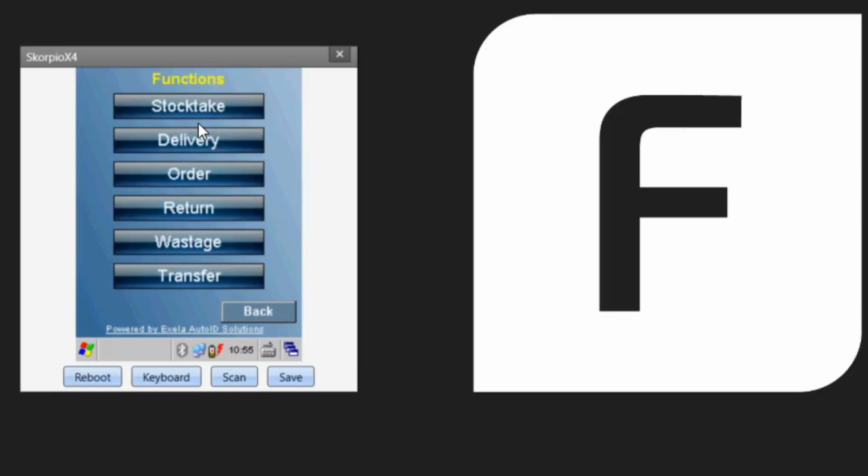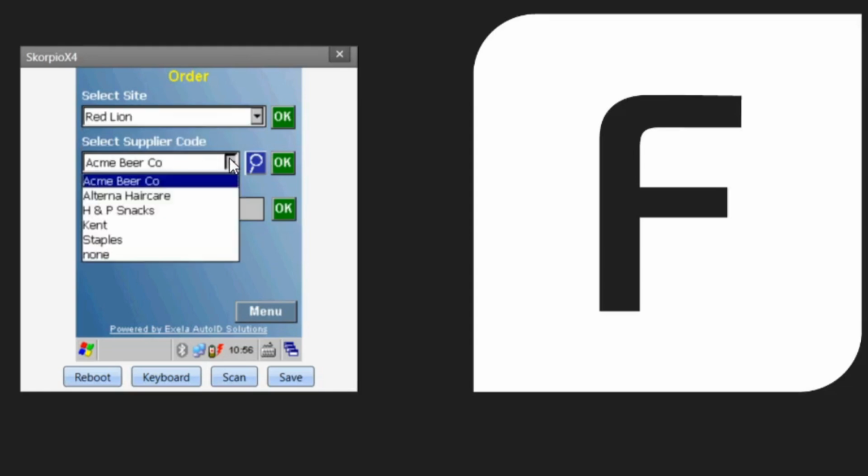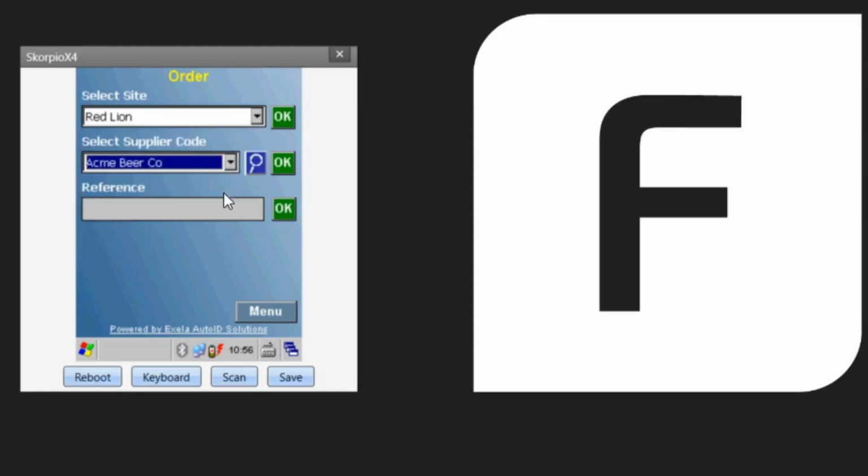You can go to, so if you go to functions, we've got stock take, delivery, order, return, wastage, and transfer. If we just go into the order screen, on here you would select the site you're ordering for, the actual supplier, and also you can have a reference which is configured, so you can either have the reference there or not there. So if we just go and say OK,